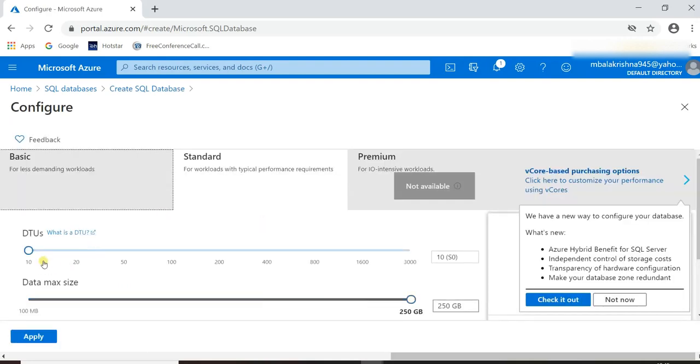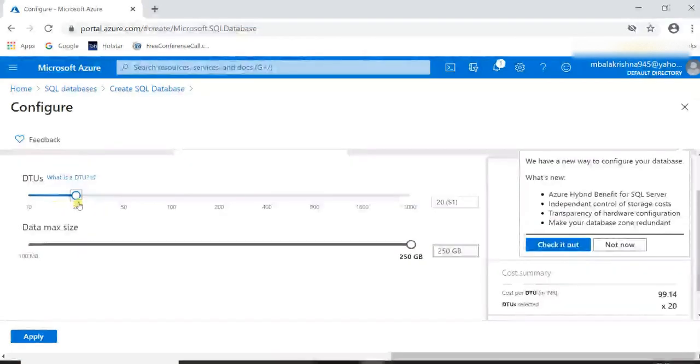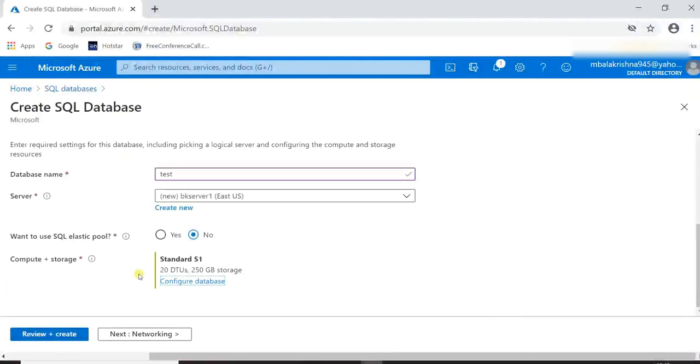In the configure, you can go up to 20 or 50, 200, 400, 800. The maximum is 3000 DTUs. In DTUs you have basic, standard and premium. Let me select 20 DTUs here, click apply, and go to networking.